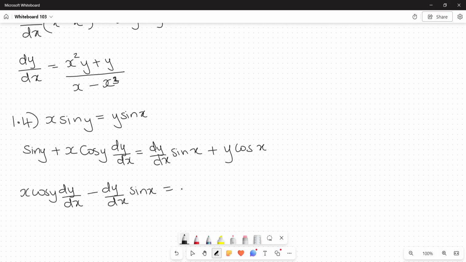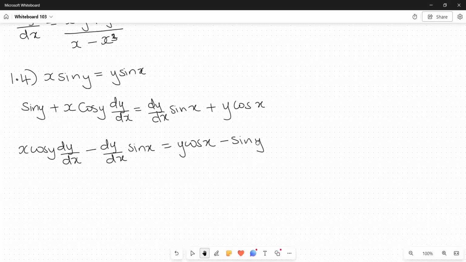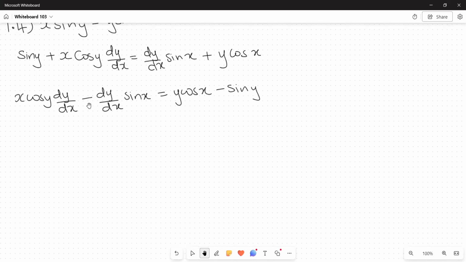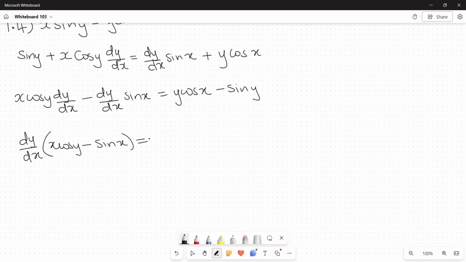This one remains on this side, so we have y cos x, and this one goes over to the other side, so it becomes minus sine y. Then on the left-hand side, dy/dx is a common factor, so we have dy/dx (x cos y minus sine x). This is equal to y